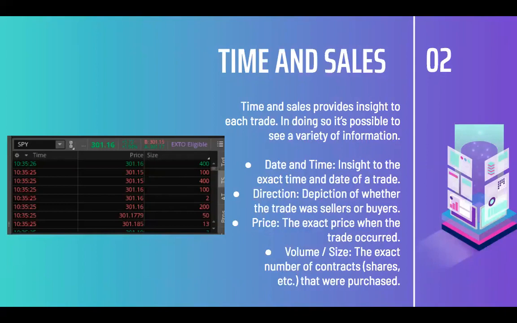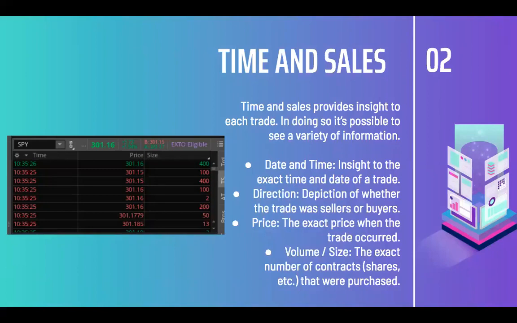All right, so we're gonna look into time and sales. I remember the last session someone was asking about my charts that I had up, whether I read time and sales and level two. So I was actually glad that you asked that. Going to be breaking down what this all means.